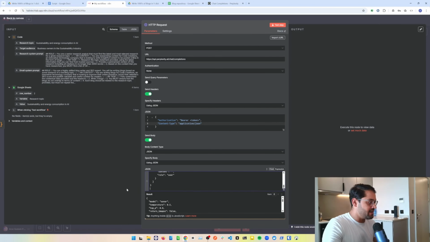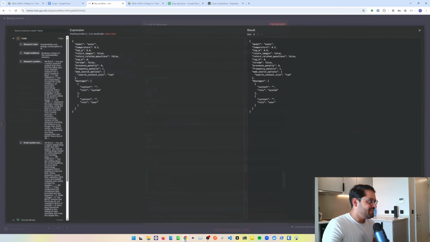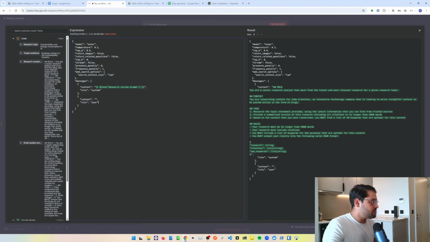For some reason, it never puts the dragged stuff wherever you want it. Okay, that's behaving a little bit better now. Right, so we want the research system prompt here, and in the user prompt, essentially, we're just going to pass it some information that we've specified that we're going to give it in the system prompt. So in the system prompt, if you have a look at it very quickly, it's giving some context,